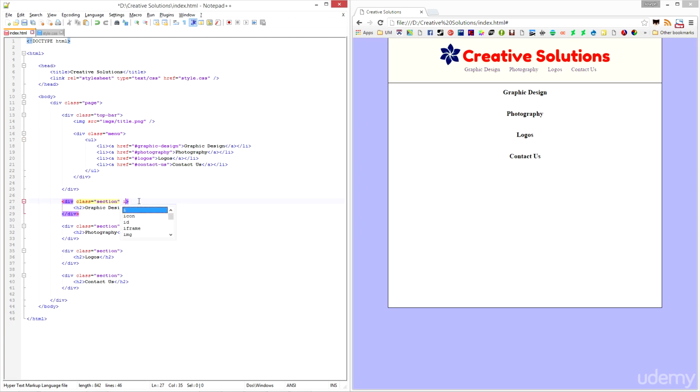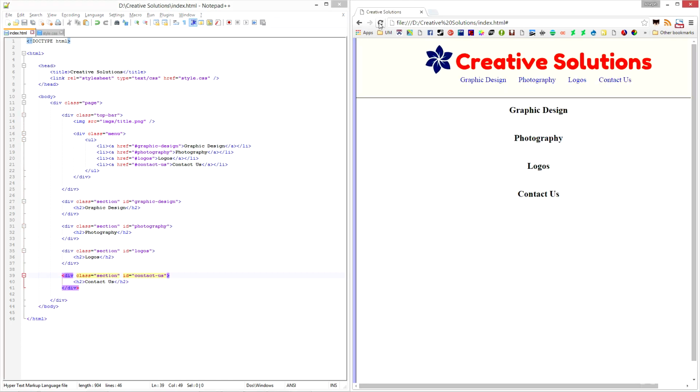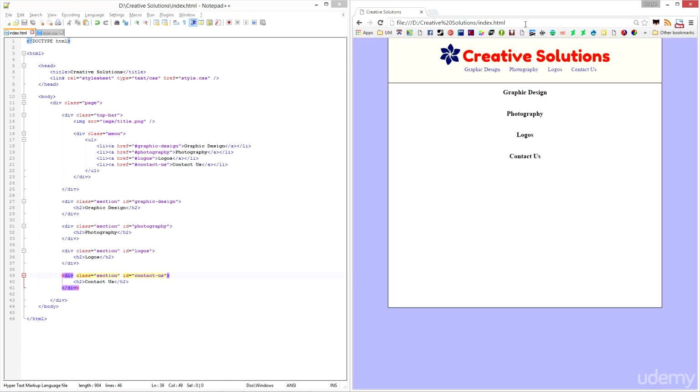So I'm going to set the ID of this one to be graphic design. The ID for this one to be photography. The ID for this one to be logos. And the ID for this one to be contact us. Alright, so if I refresh now, oh wow, yeah, nice little zoom in thing going on there. That was interesting. So if I click on graphic design, photography, oh, you can't quite see it because there's not